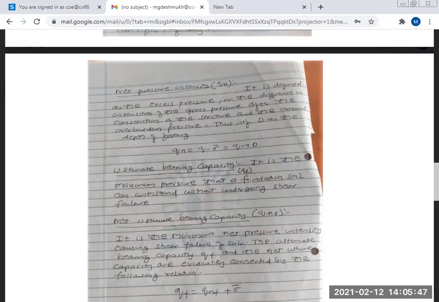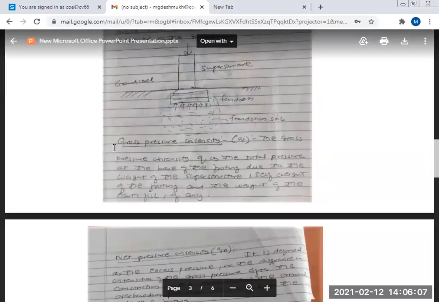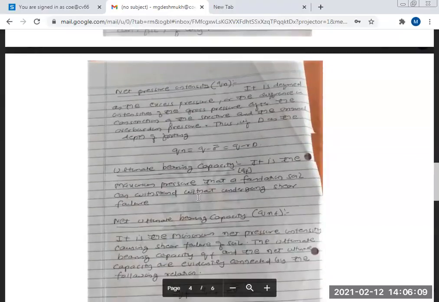It is the maximum pressure that the foundation soil can withstand without undergoing shear failure. तो इसका मतलब क्या है, मैक्सिमम प्रेशर, जो भी मैक्सिमम प्रेशर इन द सेंस हियर ग्रॉस प्रेशर, रिमेंबर दिस प्रेशर, ग्रॉस प्रेशर, मैक्सिमम प्रेशर इन द सेंस इट विल टेक एवरीथिंग,